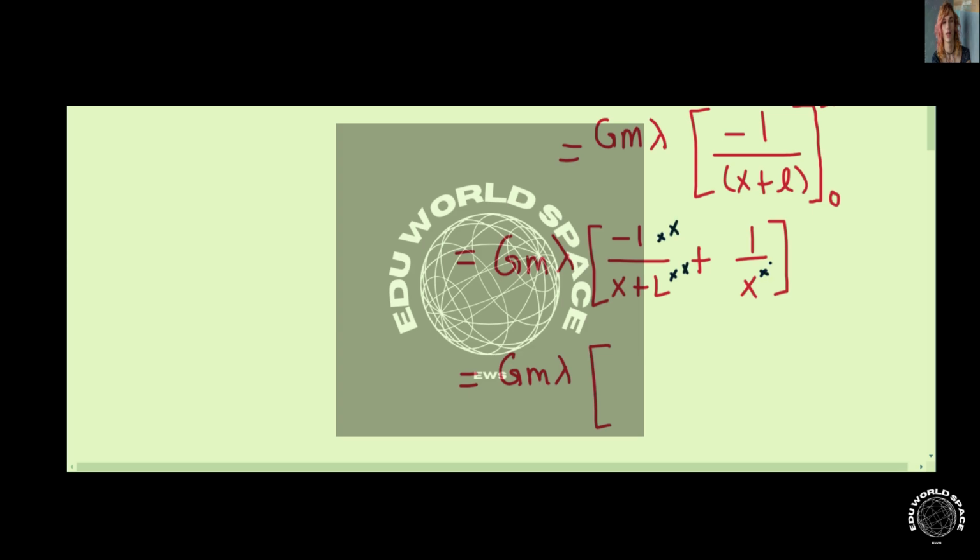And then the second term, x plus L. So that makes it so that the denominator of the entire piece is x times x plus L. And then we get negative x plus x plus L on the top. And that's kind of good because the x's cancel. So things are getting a lot simpler. And so in total, we get G m lambda L